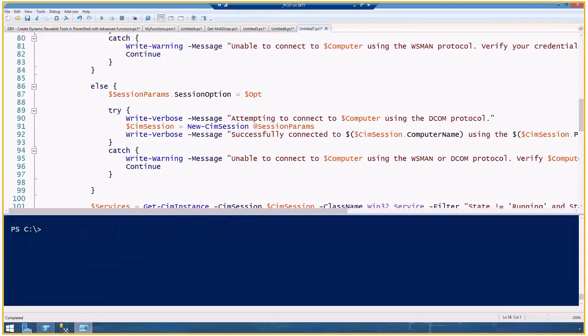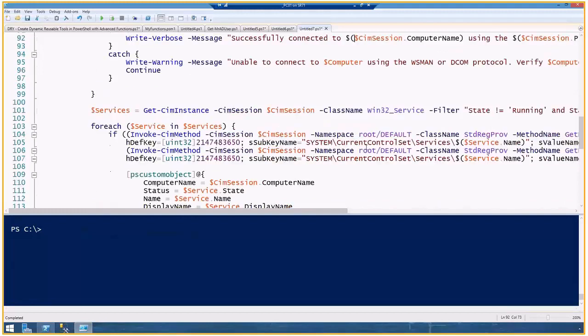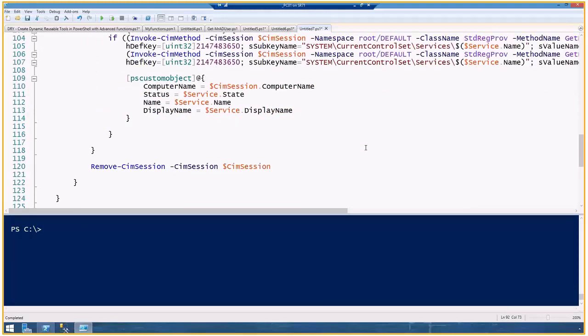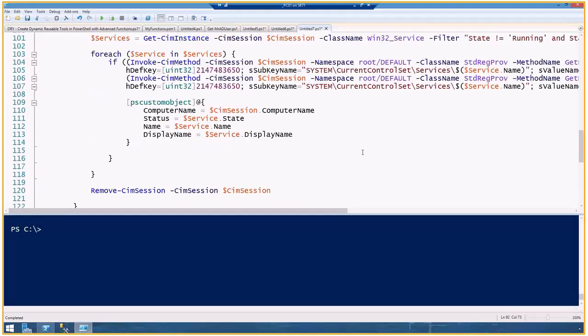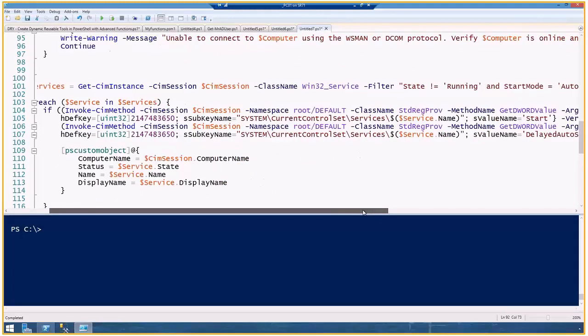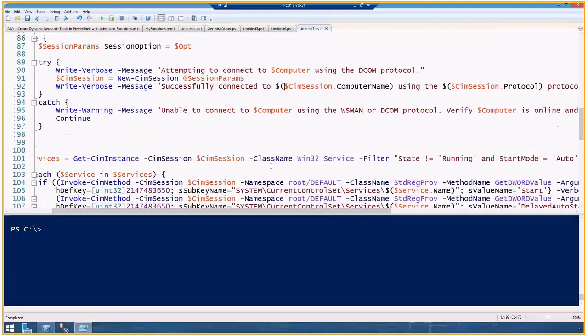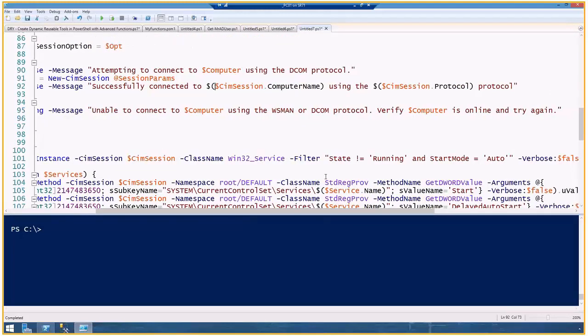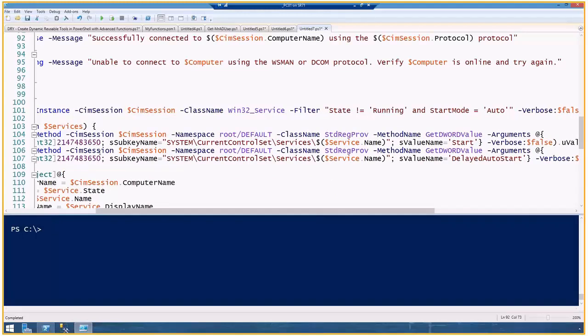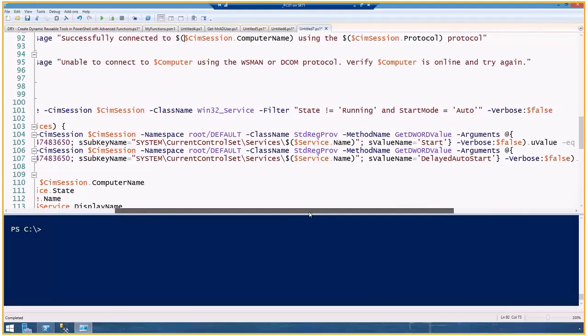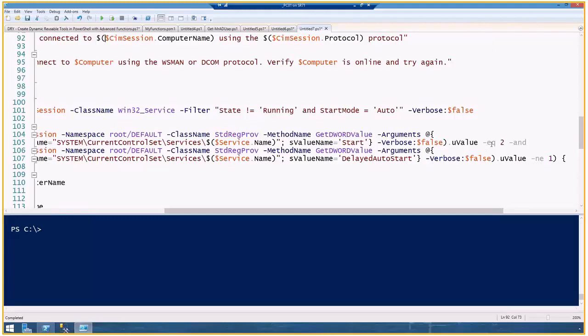So how would you be able to use similar code for those services that are triggered? Yes, somebody had that question, because I have this on the TechNet script repository. It's actually another key in the registry that you have to check. And I have a Hey Scripting Guy blog article that I wrote on this, and it tells you what